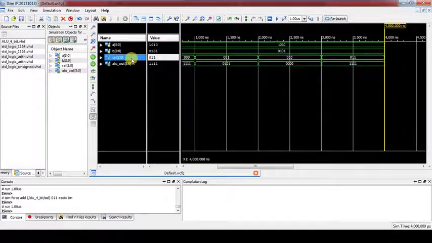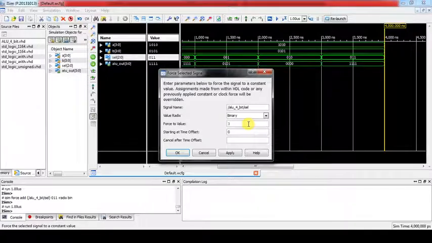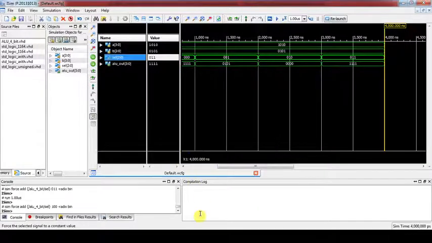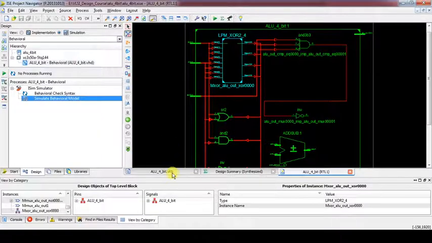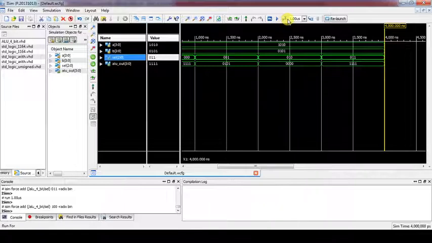Now when it is 1 0 0, the fourth condition, what is the operation we have written? We have written for 1 0 0 it is A XOR B. So let's do it. A XOR B is also exactly the same, because 0 1 1 1 0 1 and 0 1 1 1 0 1.